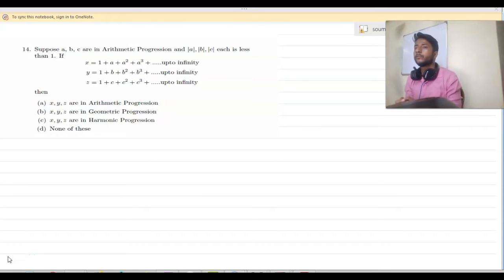Now let us solve question number 14. It's again a very good and very easy question. The question says that suppose a, b, c are in arithmetic progression where mod a, mod b, mod c each